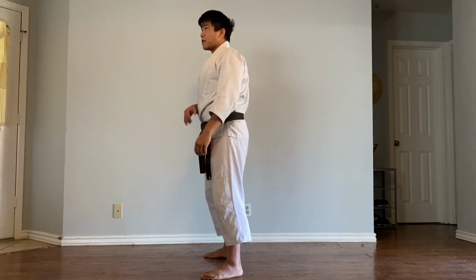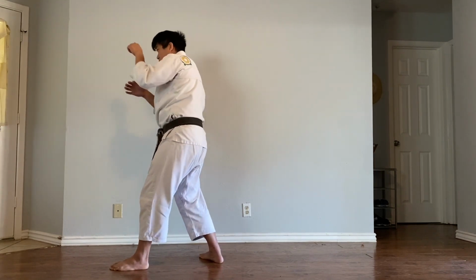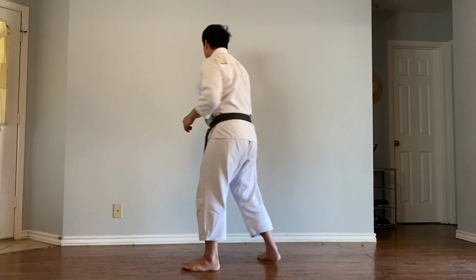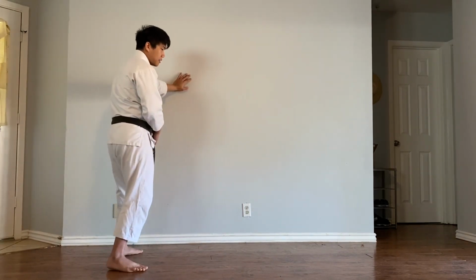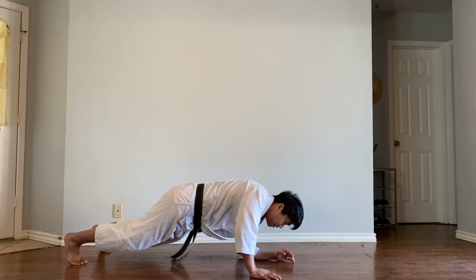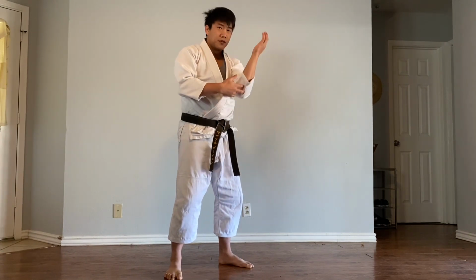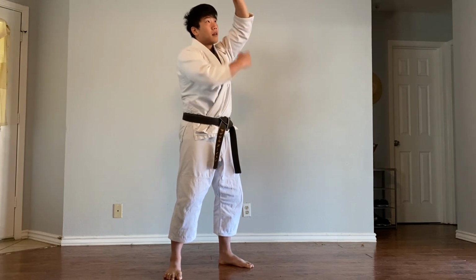But if you're like in a clinch and you kind of have to break through somebody on top of you here, it's gonna be hard to try to use your body weight with this here. It kind of makes more sense to just frame and come out. And it's kind of like doing this thing here, right? Or if you're on the ground and you pop up, notice how like everything kind of has to pop up on that motion there. So my shoulder kind of rotates out, my elbow kind of pops up,